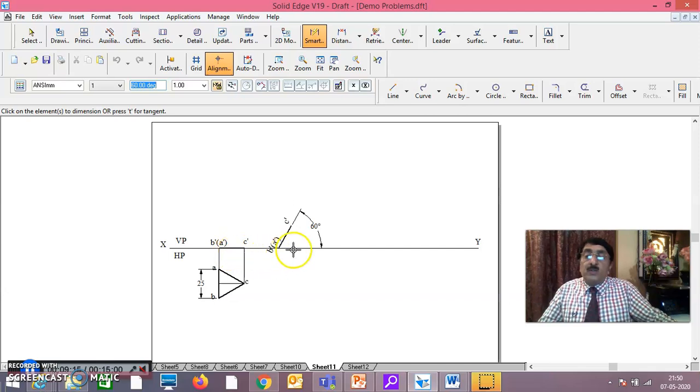stage, this is called first stage front view, this is second stage front view. First stage front view and second stage front view are same, because in this position, it is edge on HP with surface inclined at 60 degrees to HP. Whether it is in this position or this position, this imaginary median is still parallel to VP. Even if you tilt it, it is like moving this lamina in such a way that the median is inclined at 60 degrees to HP with edge on HP. That's why this front view and this front view are one and the same. That is why take the same front view, move and copy, and then rotate to 60